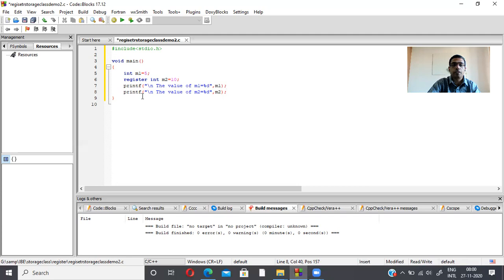It will print \n, moving to the next line, then print the string "The value of m2 equal to". The %d will be replaced by the integer value after the comma. The m2 value is 10, so it prints the value of m2 equal to 10.